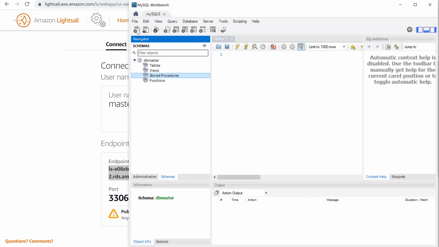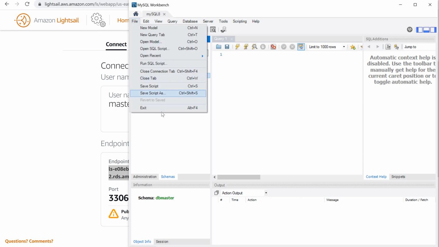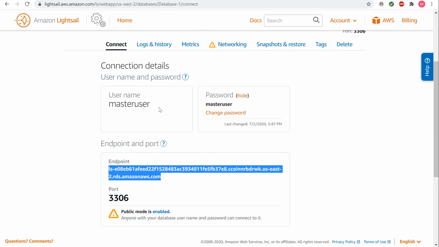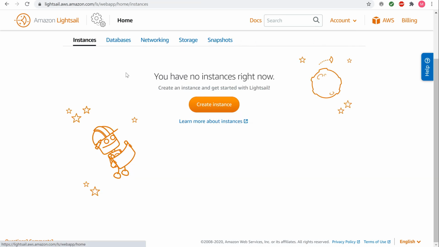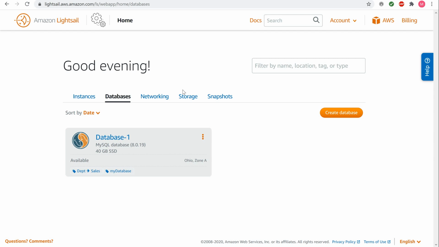After verifying the connectivity, you can close out of your MySQL Workbench. Click on the Lightsail homepage. Click on Databases. You can create a snapshot of your managed database in Amazon Lightsail. A snapshot is a copy of your database that you can use to restore it if something goes wrong. You can also use a snapshot to create a new database using a different plan, such as a high availability